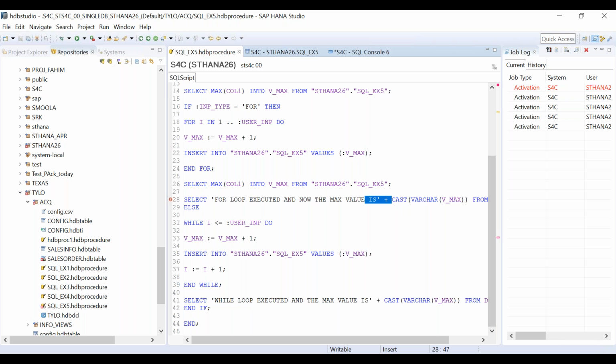What is the issue? Okay, let's do one thing. Let's remove this part for now. I just want to showcase this part to the end user. Not this string, but this part. That what is my current maximum value here. Okay, so let's activate this.